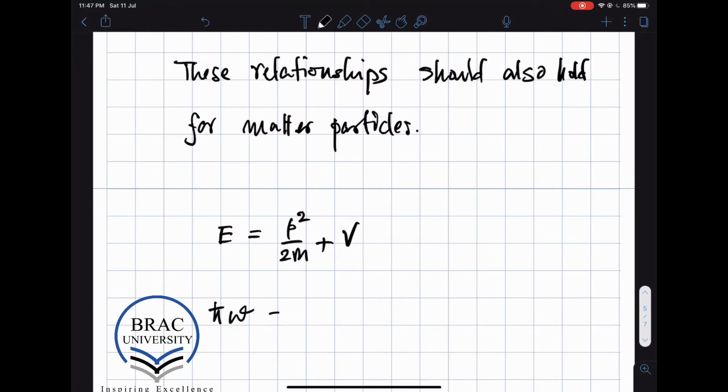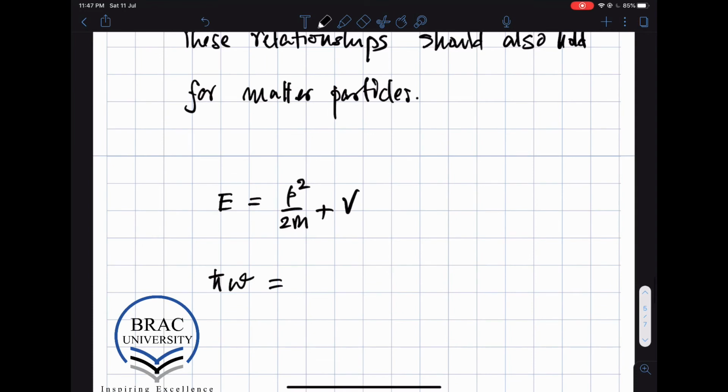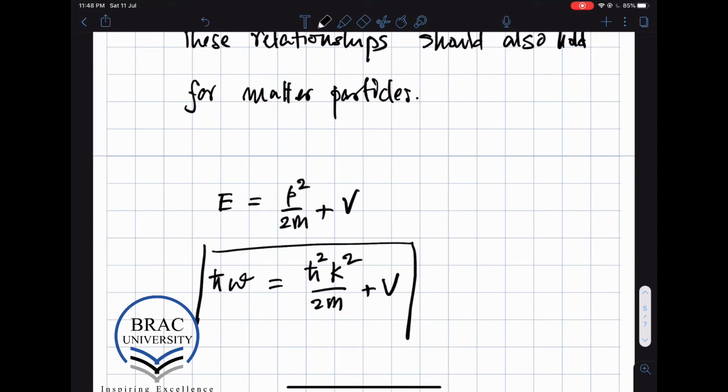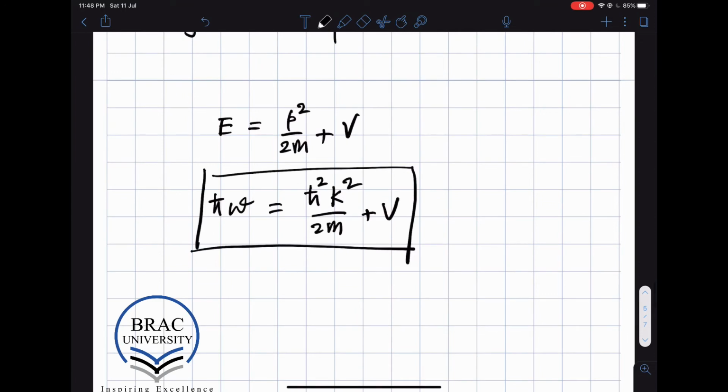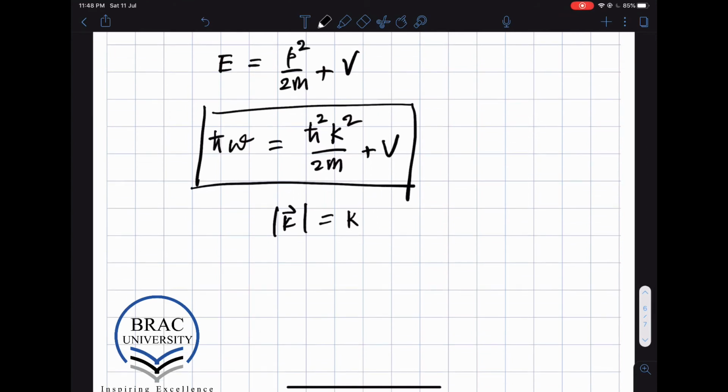On the left-hand side, I get h bar omega. On the right-hand side, I will get h bar squared k squared by 2m plus V. So this is an interesting relationship because why? Because if we're dealing with waves, a wave will have some wave vector, which would be a 3-vector, and its modulus would be given by this k, and the wave would have some wavelength, and